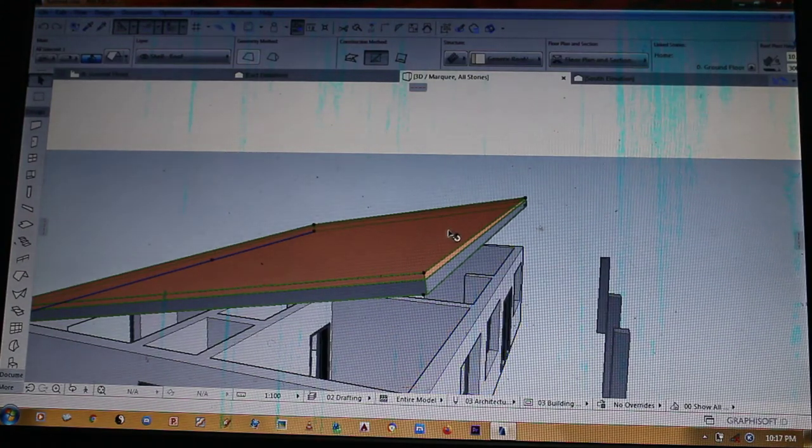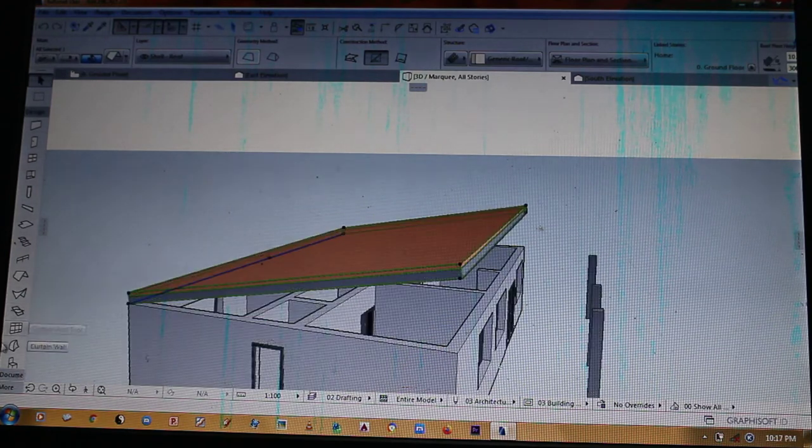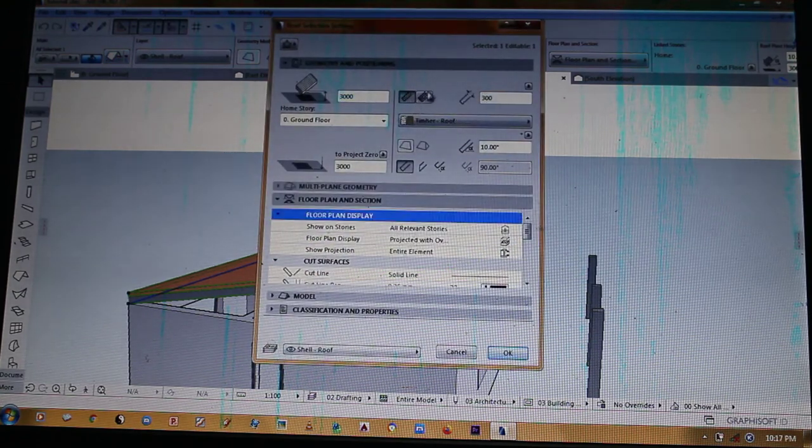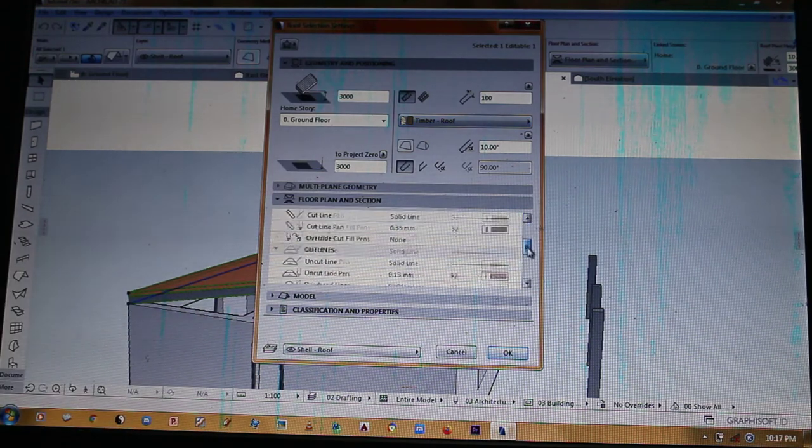You can clearly see that the settings of the roof are Archicad default settings, and then I will have to go to the roof and change those settings. So what I normally do, I don't really like different layers. I make them one layer, and then I give it maybe 10 centimeters,